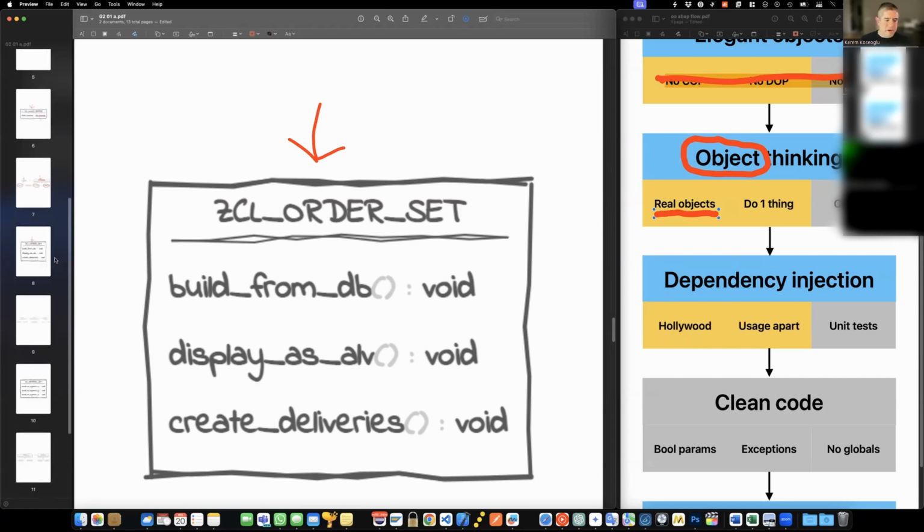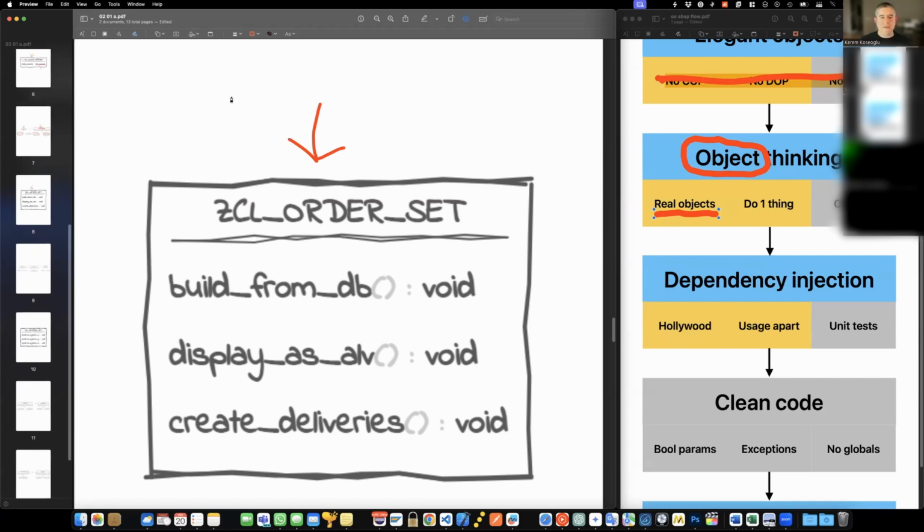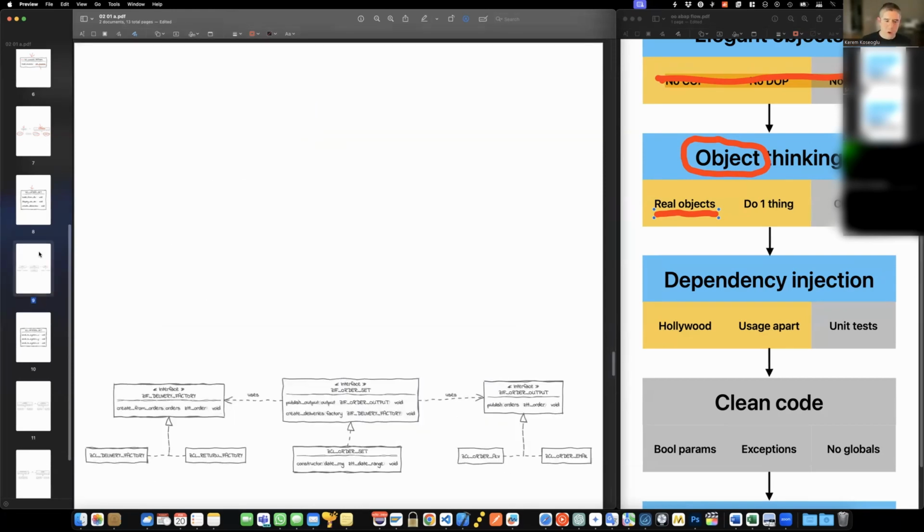This is, again, an anti-pattern, because then you have too many functionalities in a class, and this is so hard to modify later on, and you can't version those. Maybe you had an ALV grid, then you want to display it as a hierarchical ALV list later on, or maybe you want to implement another way of creating deliveries. Everything is stuck in this simple class, and this is not something that we want. The same applies for methods, actually. Just like each method should do only one thing, each class should also be doing only one thing.